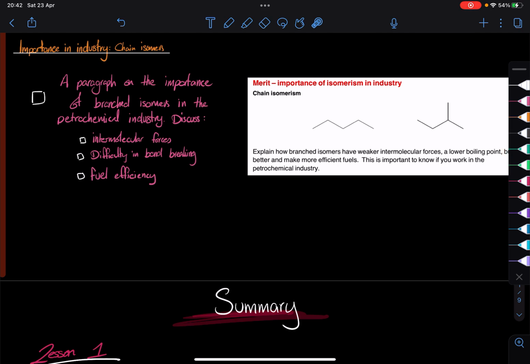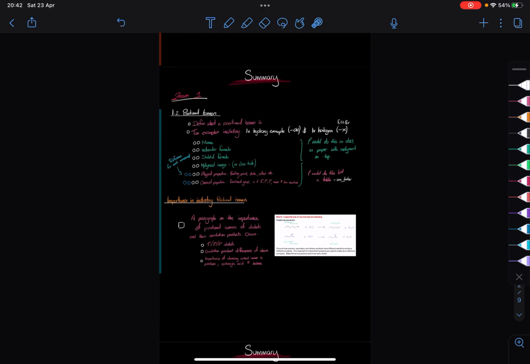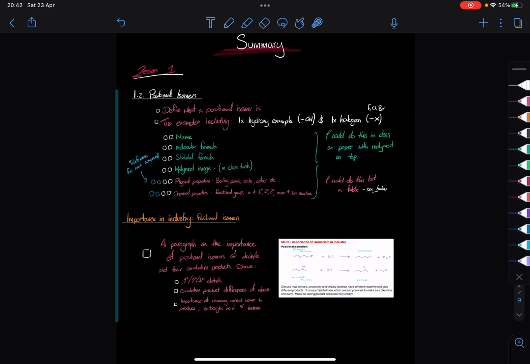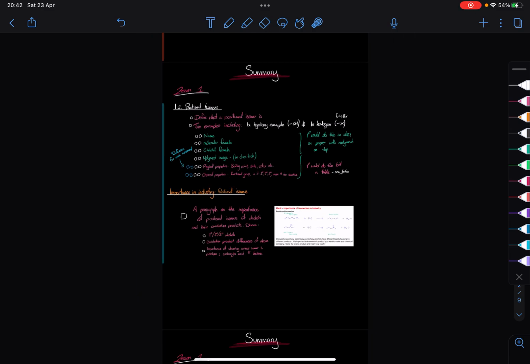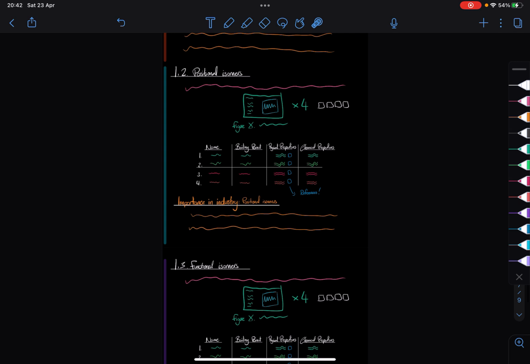Now for the next two set of isomers, structural isomers, it's the exact same pattern, but now we're just looking at different isomers. So the next section we've got is positional isomers, and you've got the same thing here. So I'm going to show you what I've got. So down here, we've got positional isomers. Again, you're going to have 4 images of these, and you're going to have 2 sets of basically pairs of isomers. And then below that, you're going to have a table, and then tell me the importance of the positional